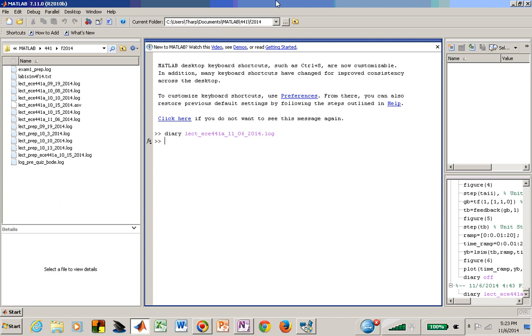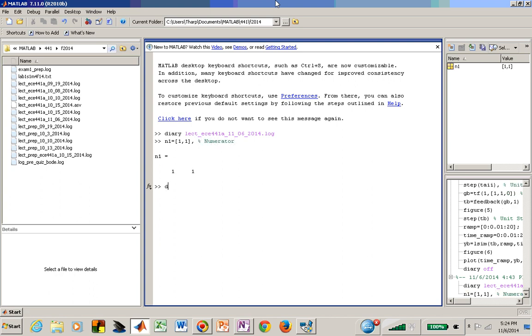Let me enter in, and you don't have to do it in this way or fashion, but I'm going to enter in the numerator, which was s plus 1. So there's my numerator of my transfer function. My denominator I'll call d1, and just for fun, let me show you that you could convolve two different polynomials. In this case, I have a polynomial of s squared minus 2s plus 0, and I have another linear factor associated with the pole at minus 10,